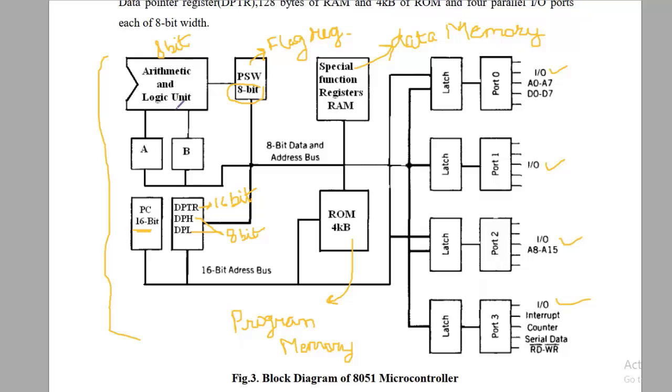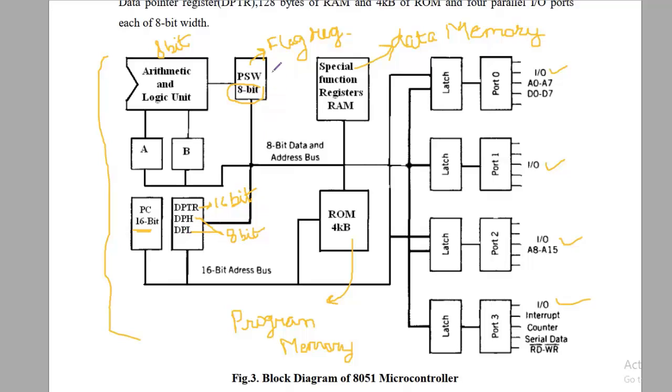So it is having the arithmetic and logical unit of 8 bits. A and B are two registers where A is the accumulator. Next is the program counter, which is 16-bit. Next is the data pointer, which is used to point to the external memory, and data pointer is basically 16-bit. You can use the two halves separately. One is the DPH, which represents the higher byte, and DPL for the lower byte, and both of them are